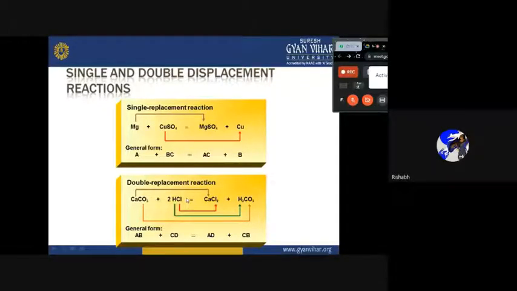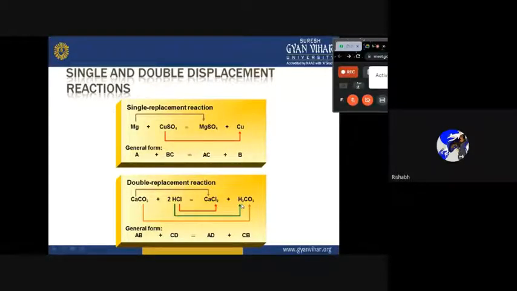They are both replacing one another. Calcium is taking the place of hydrogen, and hydrogen is taking the place of calcium. They are forming new compounds: calcium chloride, CaCl2, plus